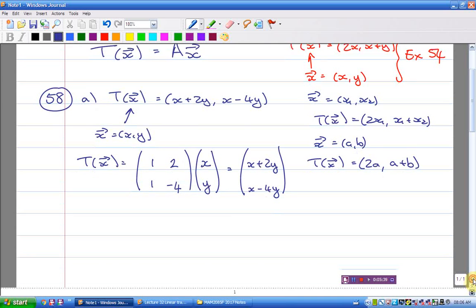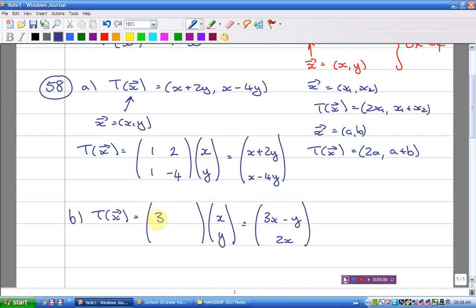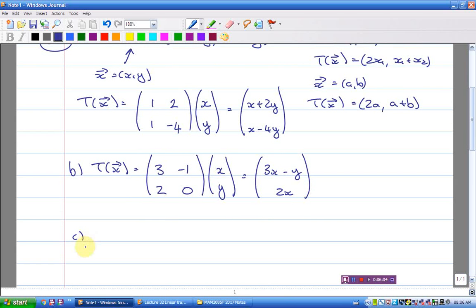Okay, so that was 58a. B, what is it? T of x equals, what is it? 3x minus y and 2x. So it's going to be 3, minus 1, 2, 0. And C,